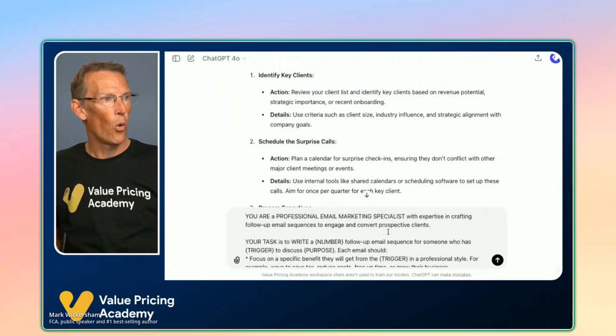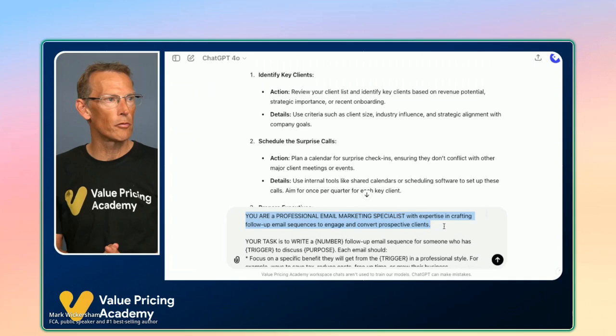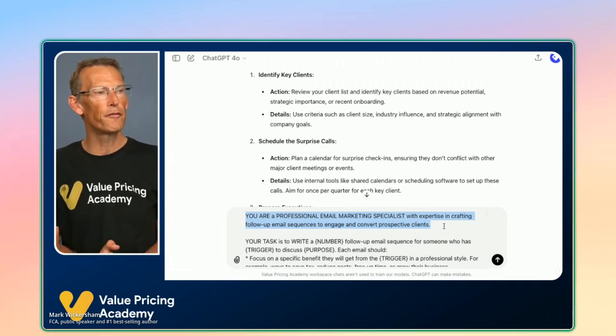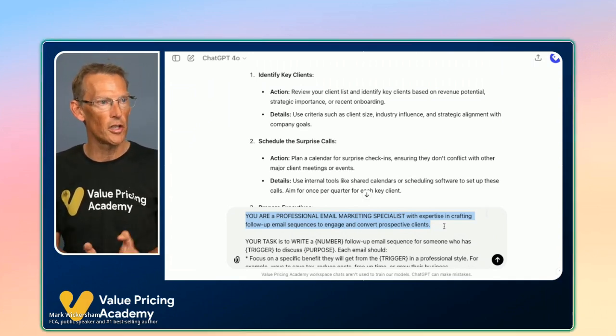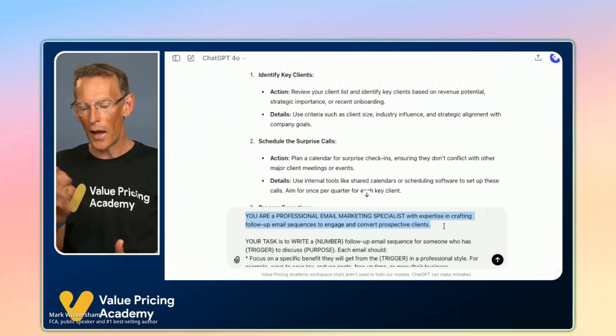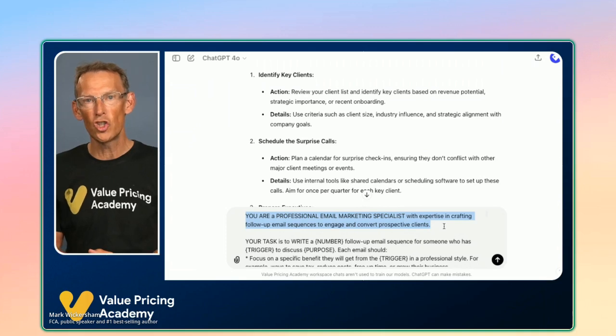So what have we got? We have here, first of all, the role. I talked about the role. In this case, you are a professional email marketing specialist with expertise in crafting follow-up email sequences to engage and convert prospective clients. And you can get it to change the role mid-chat. So this chat started with it as being a customer success manager.